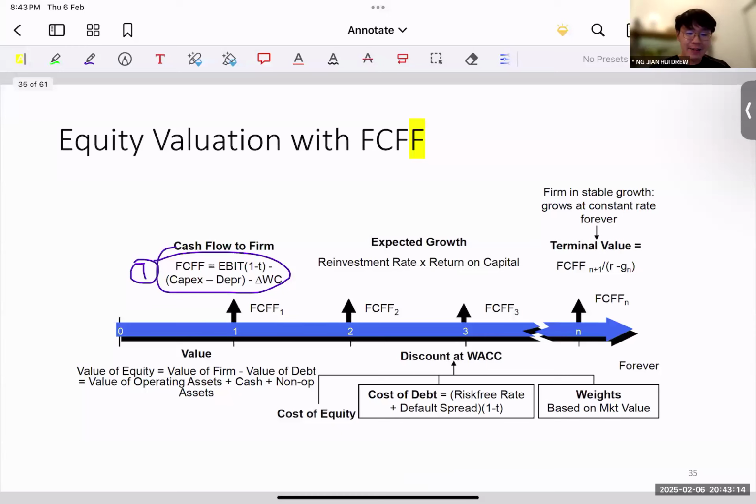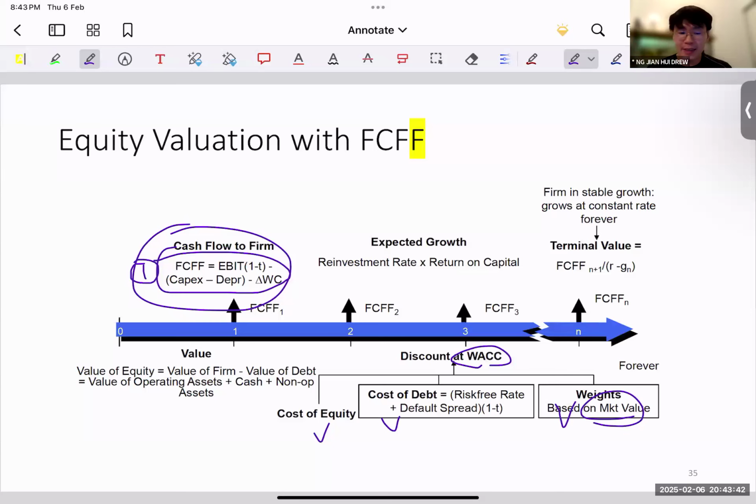But again, like I said, this slide, right, with the arrow, that is the summary slide, which is the important slide that you need to understand. So first, we determine the cash flow. This is step one. We have already determined that for FCFF, we need to use the WACC. Okay, so WACC, just recall all the stuff that we talked about: cost of equity, the cost of debt, there are three methods each, and then the weights, right? Use market value or target weight if possible. What else?